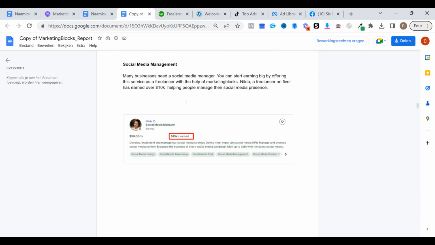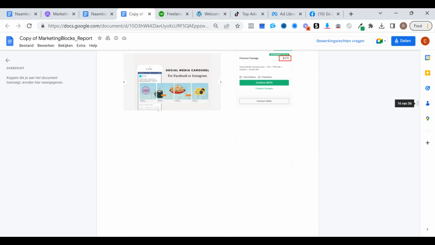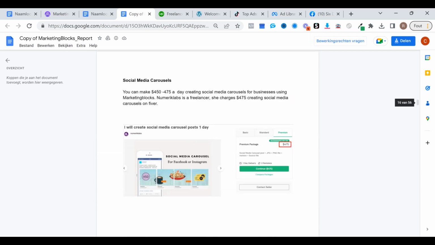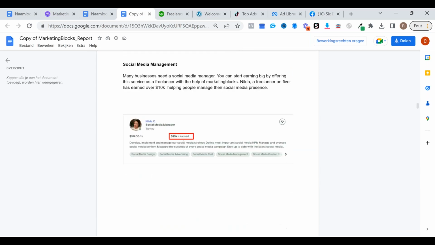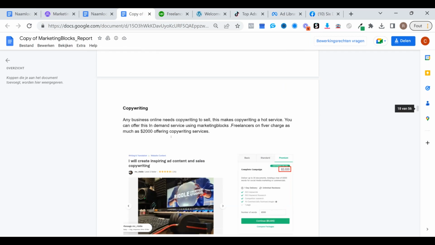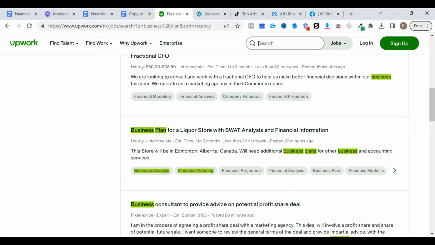Social media management, these all fall pretty much under the same category, right? They're just phrased differently, but whether it's social media management or social media carousels, it's just a sub part of the whole social media management thing. Copywriting, that one obviously pays big time, and there's always work for copywriters, right? So copywriting,